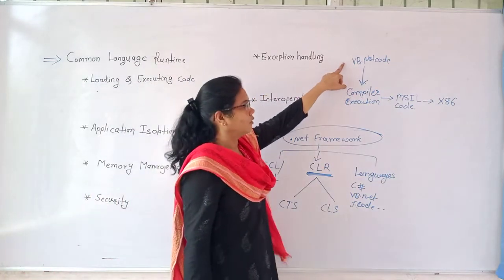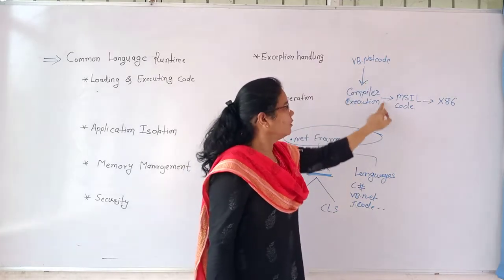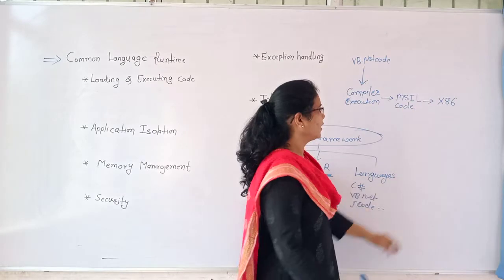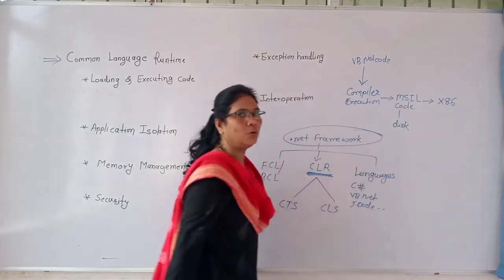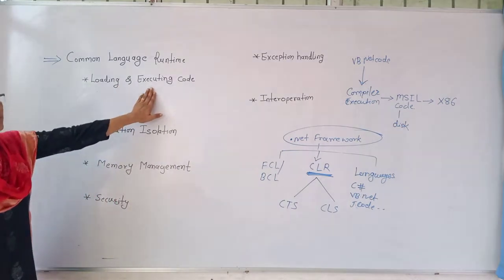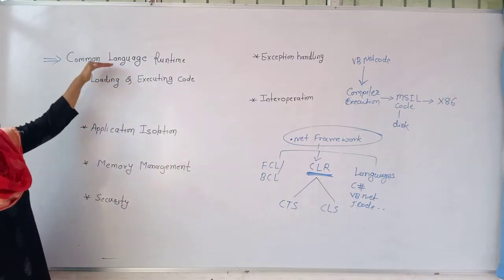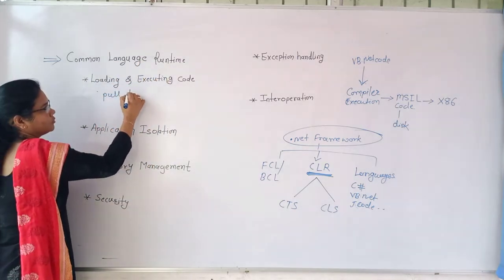The compiler of VB.NET converts the code into MSIL code and it is stored in disk. Loading and executing is the functionality of the Common Language Runtime which pulls